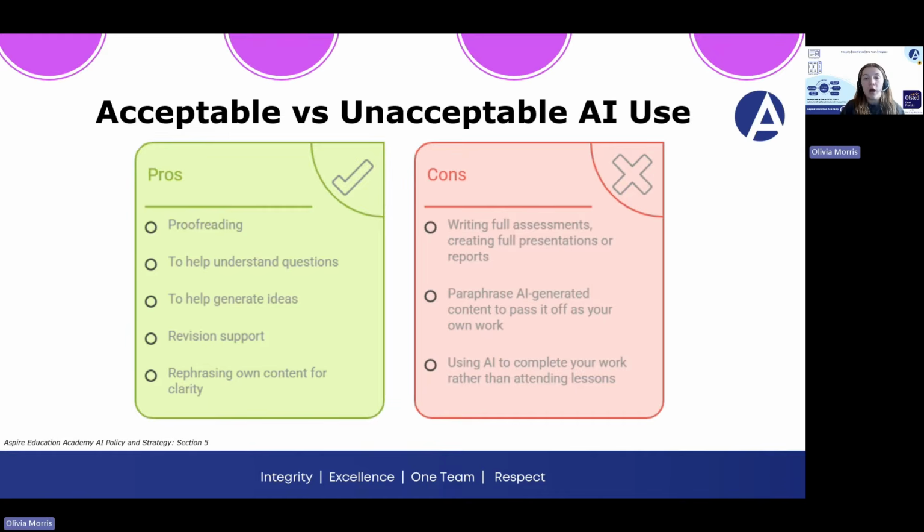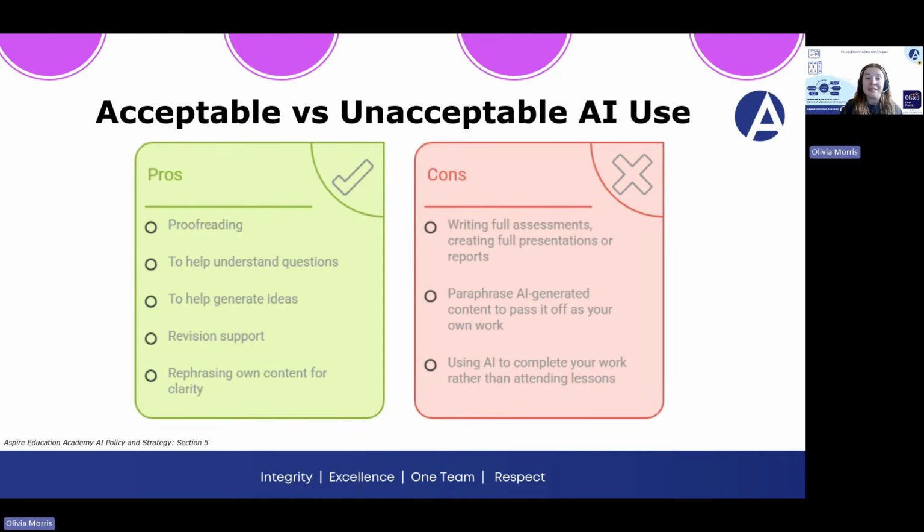So, as we've just discussed, there are times when AI is helpful and times when it is not allowed. For example, it's acceptable to use AI to help brainstorm ideas, check your grammar, or help you understand a topic. On the other hand, it's unacceptable to use AI to write full assessment answers for you. It's unacceptable for you to rewrite AI information into your own words. And it is also unacceptable to mislead tutors about the level of your understanding by using AI.